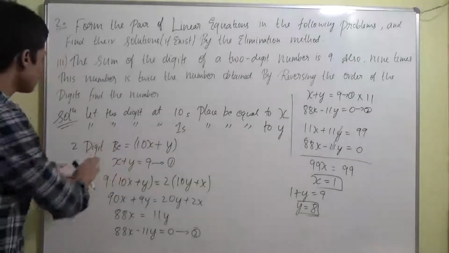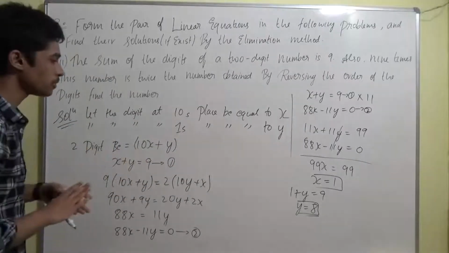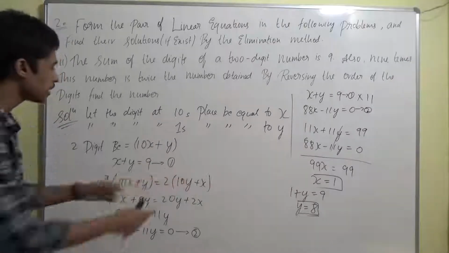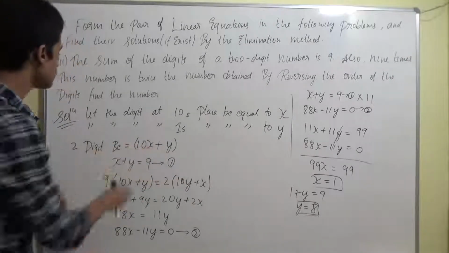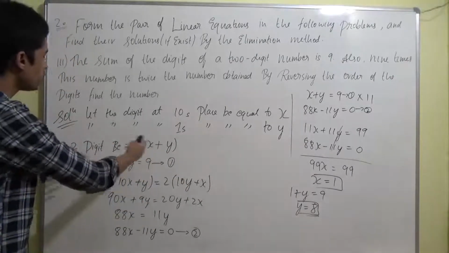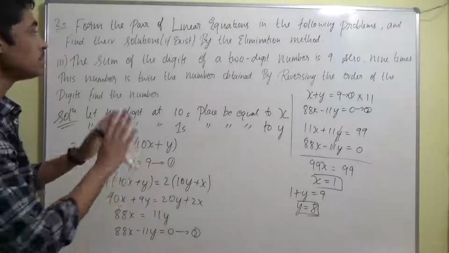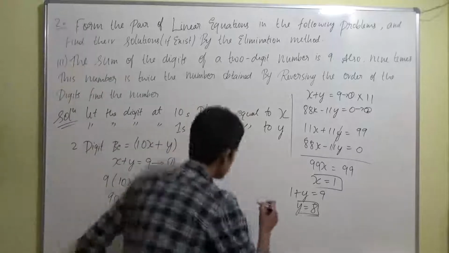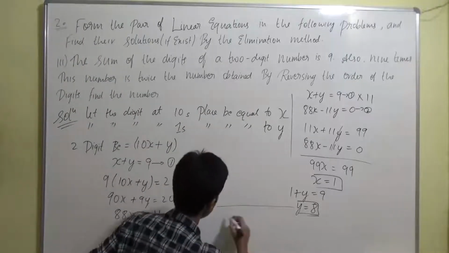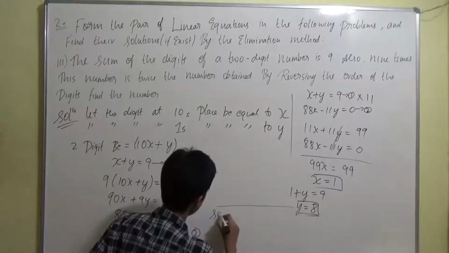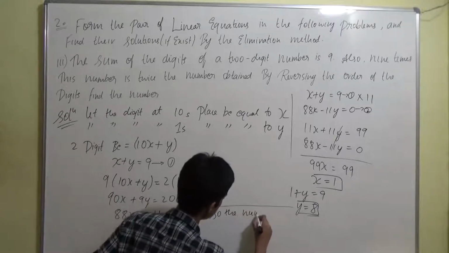So finally, the 2-digit number is going to be, we have to just plug those values of x and y into the final equation. That's the general equation of a two-digit number, right? Then finally we are going to get the number. So let's do the conclusion step here. So the number is